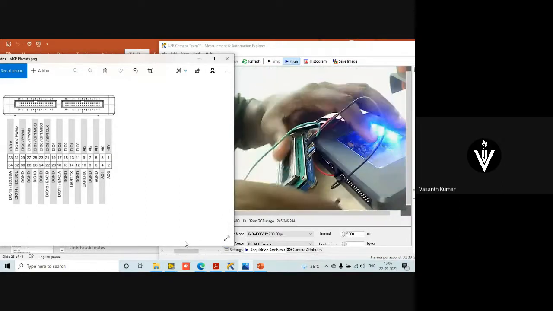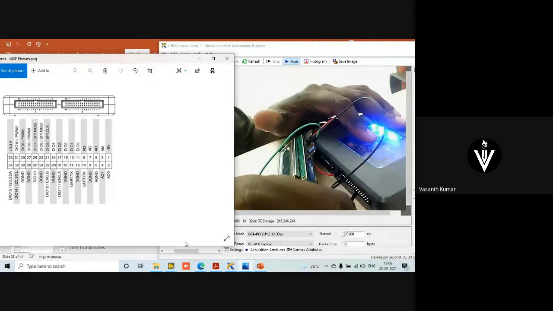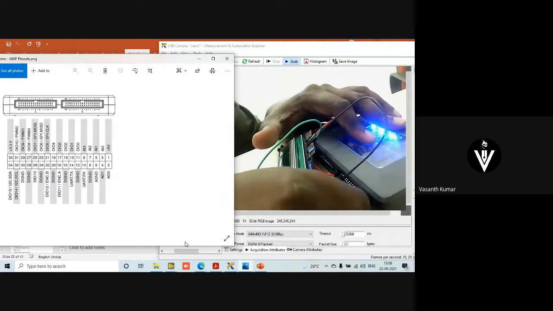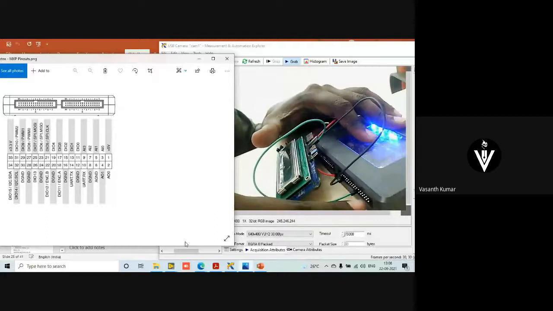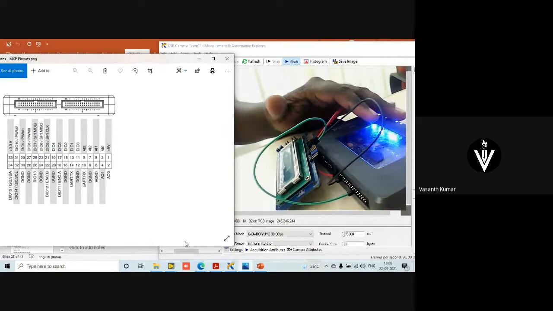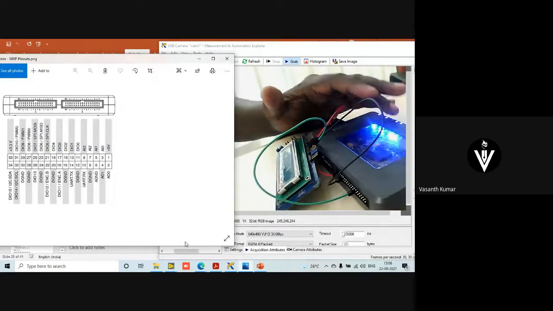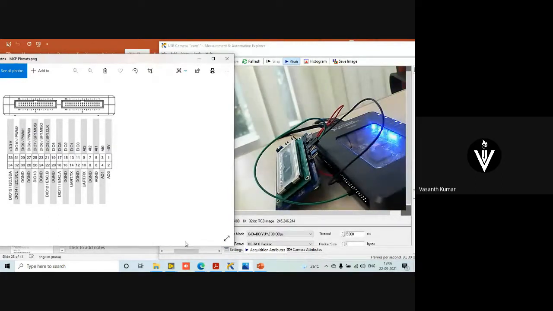Okay. So from the center, I believe. So 1, 2, 3, 4, 5, 6, 7. Yeah, 7th pin, right? 1, 2, 3, 4, 5, 6, 7. Yeah. From the left end, it is the 7th pin.